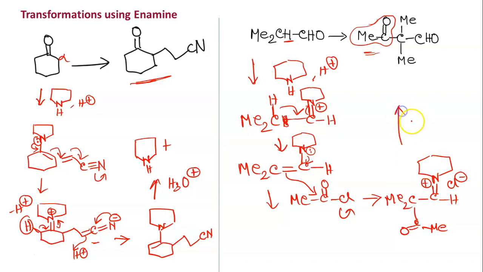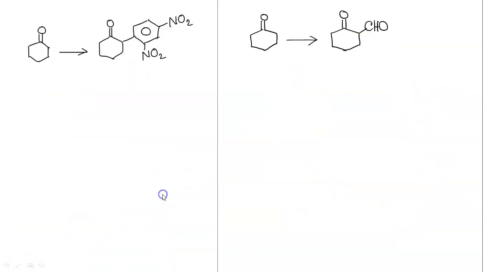Now finally hydrolysis in presence of acidic condition, and we will get back this molecule. It is written in a different way, but actually these two molecules will be same. I am writing it again, Me2C CO double bond, and at alpha position there is substitution of COCH3. So here at the alpha position of cyclohexanone, this is the alpha position, we have this moiety. We have to substitute this. So for this moiety we will take the bromo compound, that is at this carbon there will be bromo.